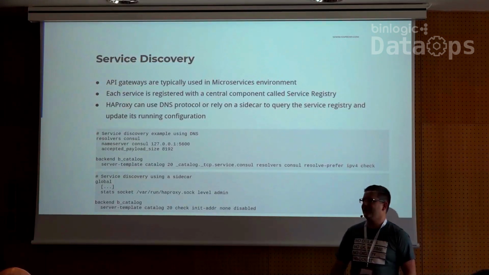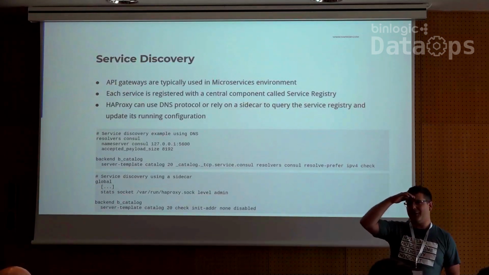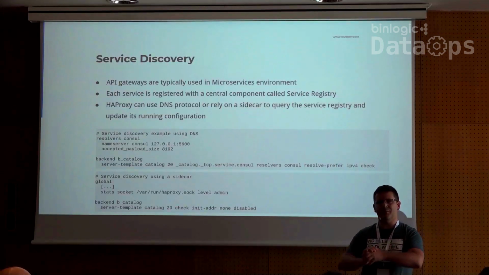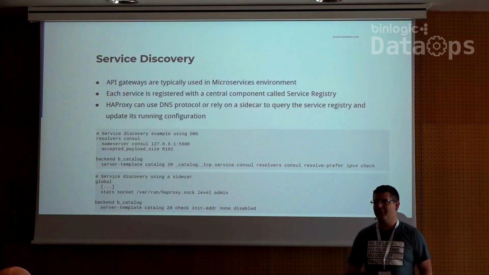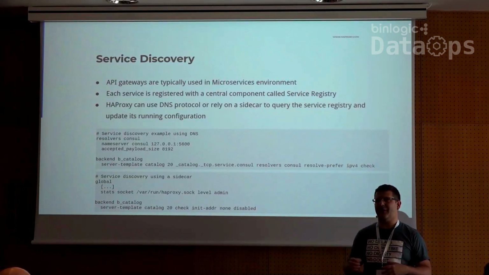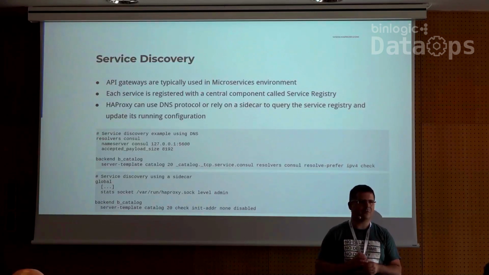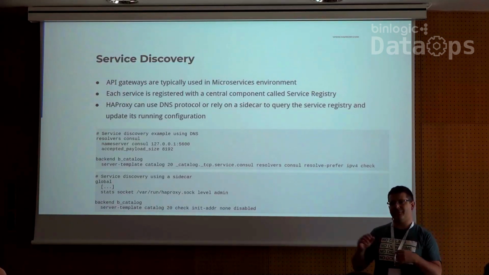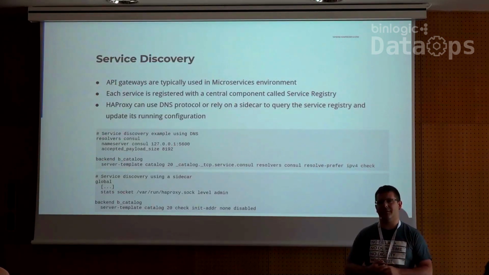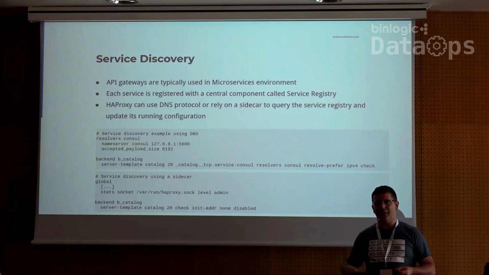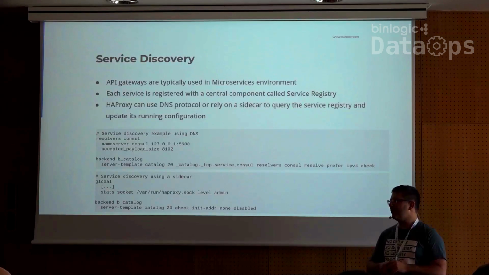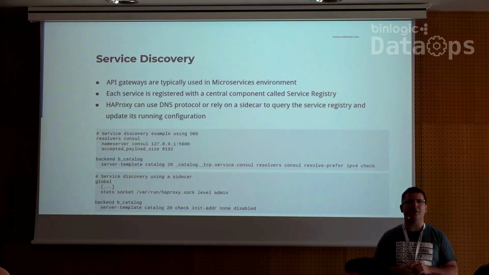Service discovery. As we've seen earlier, we now have an architecture with a central API gateway, and my monolith application has been spread over multiple services. The problem is that the more services I have, the more changes I will have to make in my configuration, because the more servers I have, the more chance I have of one failing or one recovering, etc. Or the more chance I have of doing maintenance somewhere and having to eject it from the load balancing algorithm, etc. So this is the purpose of service discovery and service registries.